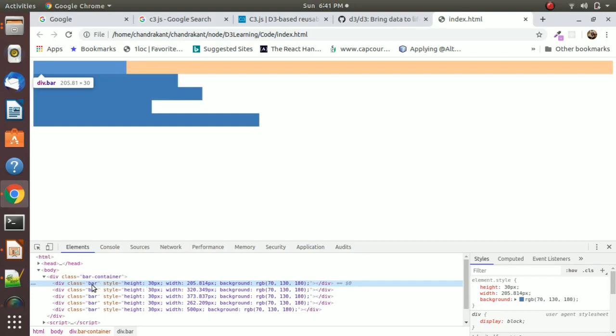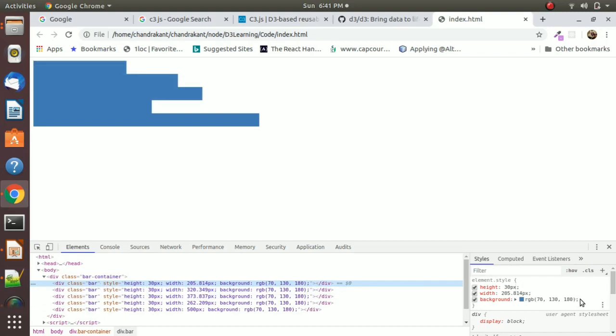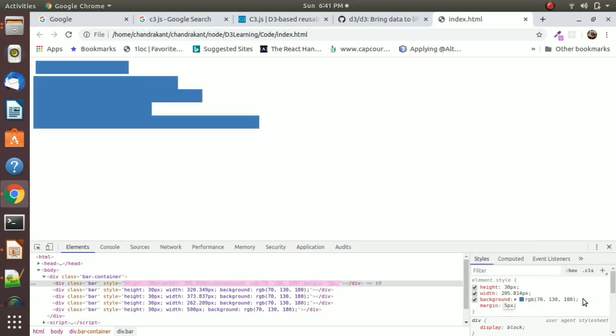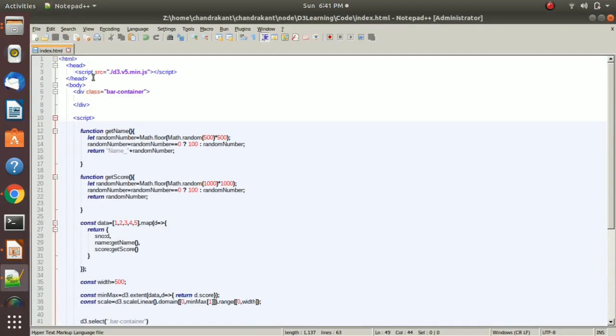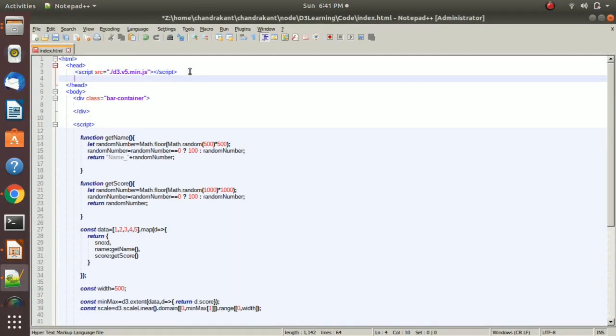So we have the class bar, provide margin 5 pixel, 0 pixel. We will go in our example. Here we will write style.